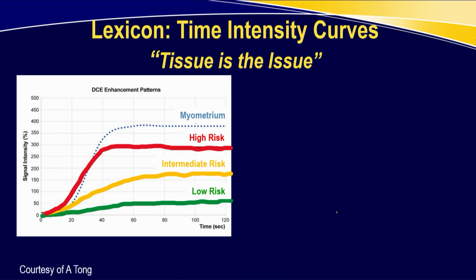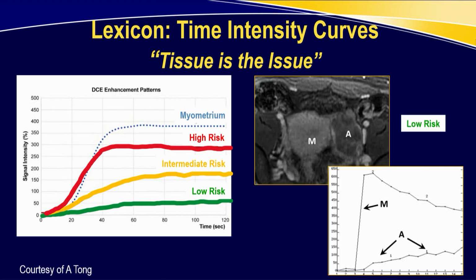ability to do dynamic contrast enhancement and you can acquire a series of images over 4 minutes, you can generate with just the push of a button on your scanner or your PACS station these time intensity curves. And there's 3 types. There is the low risk curve, and what you're doing is putting a region of interest on the adnexal mass and comparing its enhancement pattern compared to normal myometrium. So you have to have a region of interest on the solid enhancing adnexal mass and then a region of